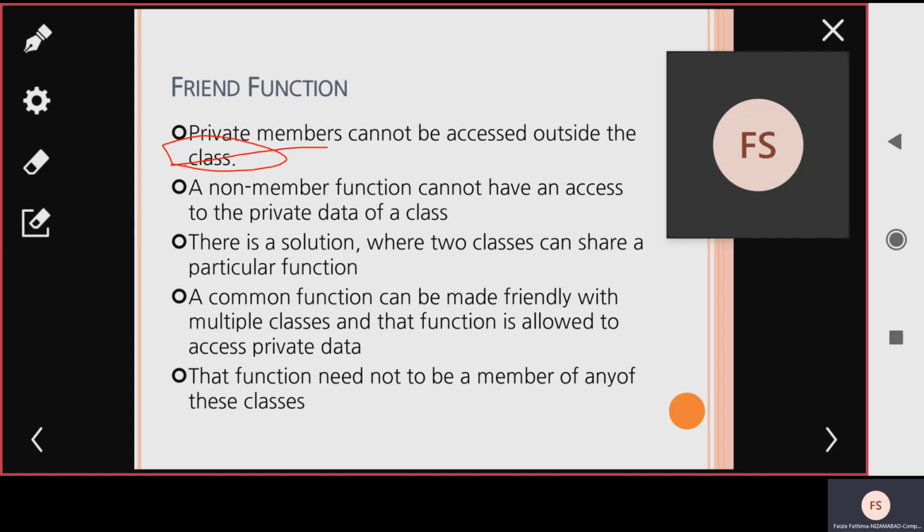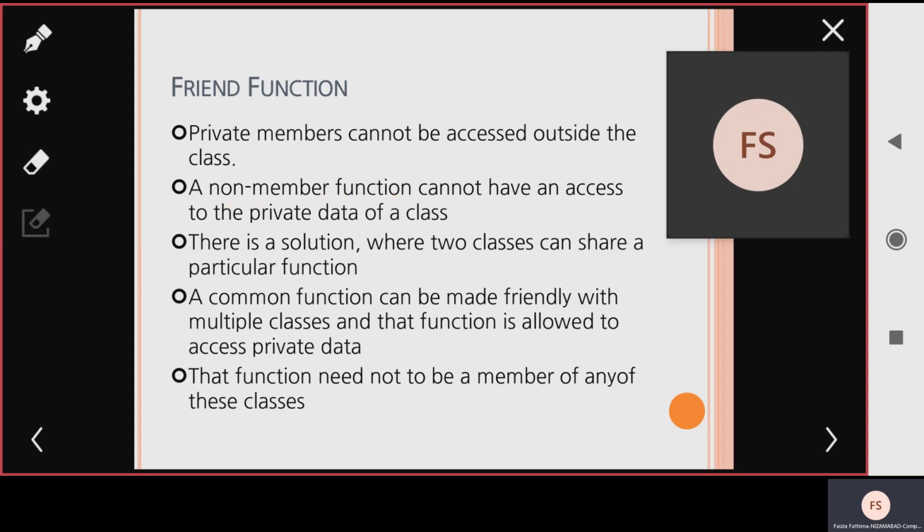The private members of a class cannot be accessed outside that class. A non-member function, which is a function that is not part of any class, cannot have access to the private data of a class. Private data of a class cannot be accessed by non-member functions outside that particular class.